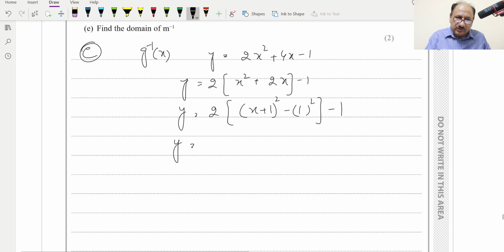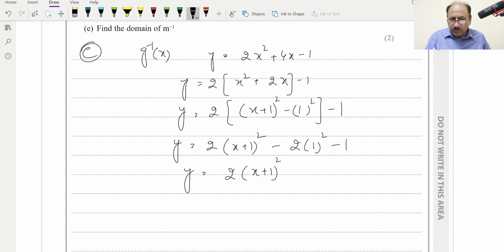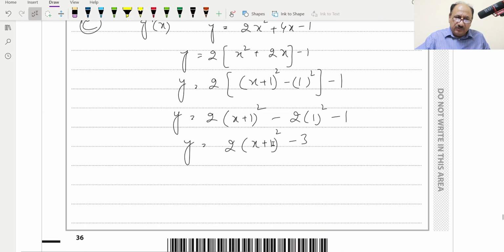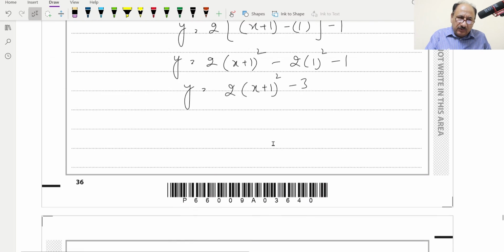So this will be y is equal to 2 into (x plus 1)... if we open this bracket, it will be minus 2 into 1 squared and minus 1. So this will be minus 3. This will be resulting to minus 3. So we can write y is equal to 2 into (x plus 1) squared minus 3. This minus 3 we can shift to the other side. So it will be (y plus 3) over 2, this 2 also we can shift to the other side, is equal to (x plus 1) squared,